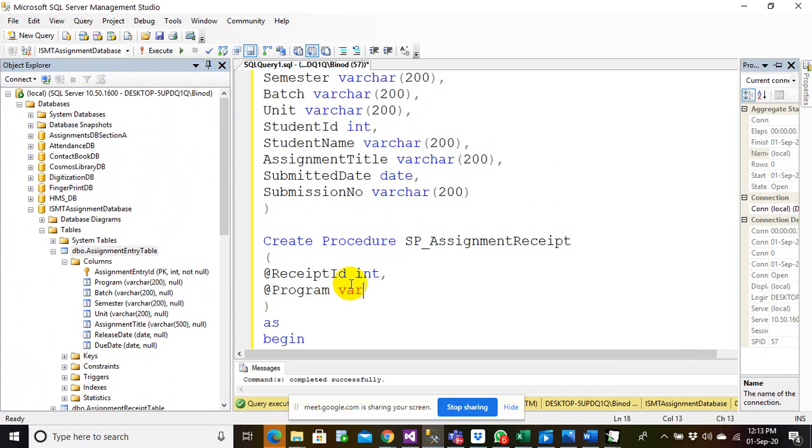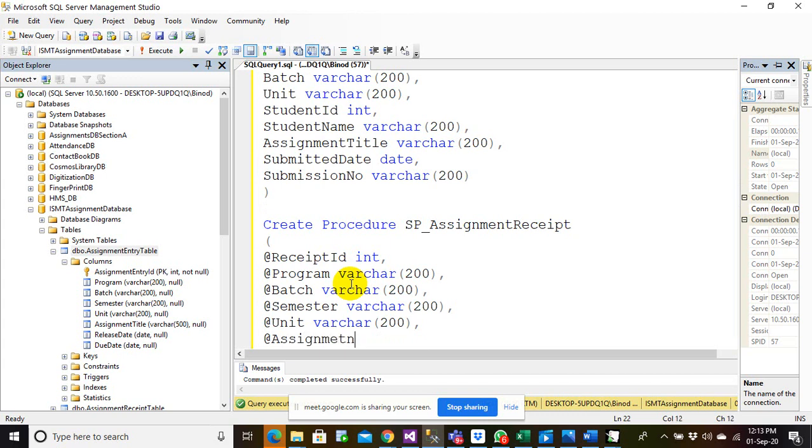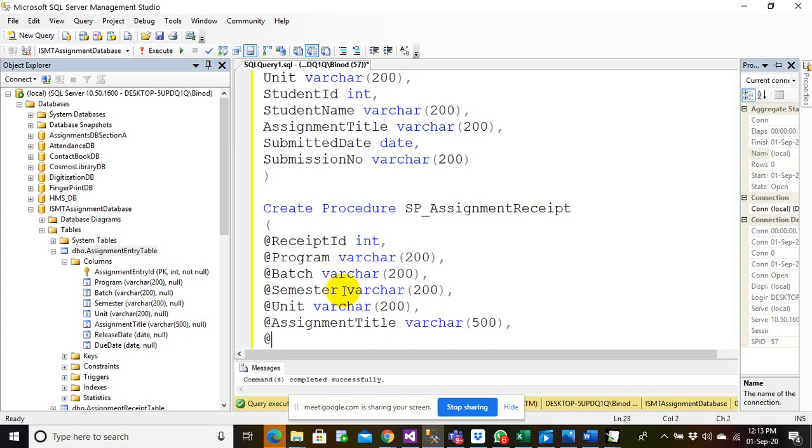Connect program. Sorry, I'm not on this one.